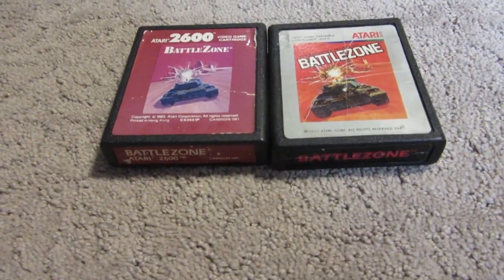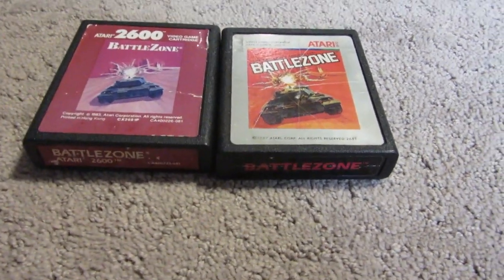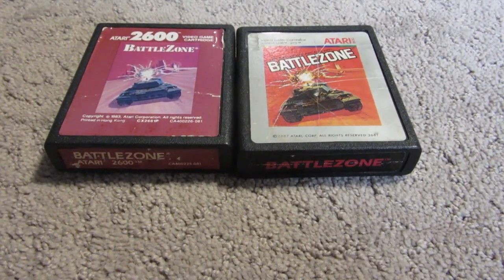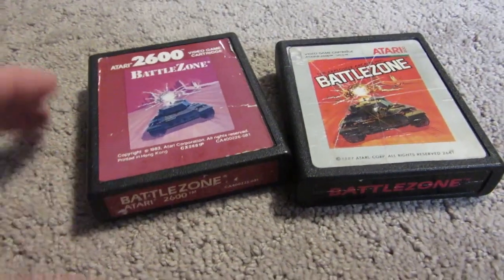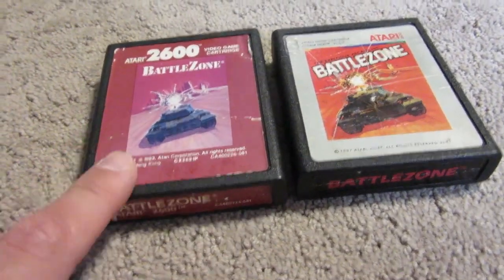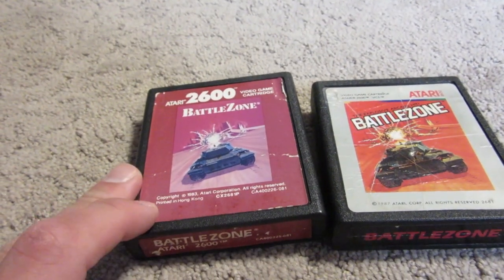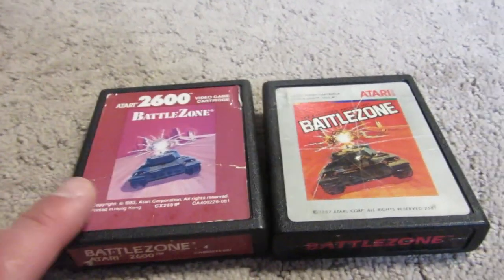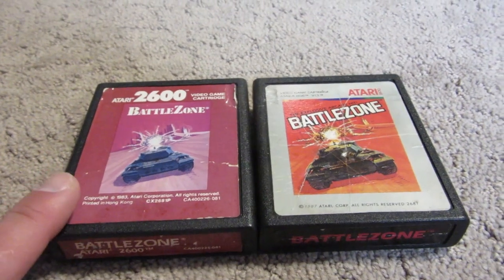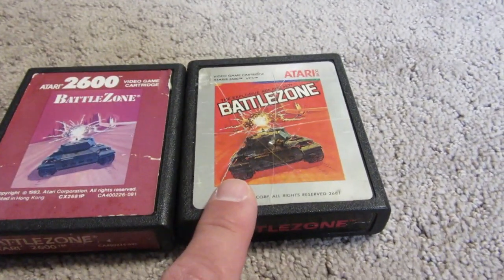A few other interesting PAL variants. These are both PAL Battle Zones I sort of picked up. It's interesting though that the red label one actually wasn't, I believe, ever released NTSC North America. So if you have a red label Battle Zone, this is the same essentially label as North America for Battle